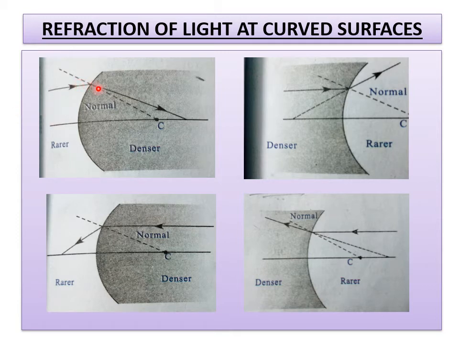So here the refracted ray is meeting at one point. Here the refracted ray is extended, meeting at one point on the principal axis. And here the refracted ray is meeting at one point, and in this case too the refracted ray is meeting at one point. So in these two cases the refracted ray is extended and they are meeting at one point. In these two cases the refracted ray is directly meeting on the principal axis. So these two points you have to remember from these four pictures and the four cases we have already discussed.